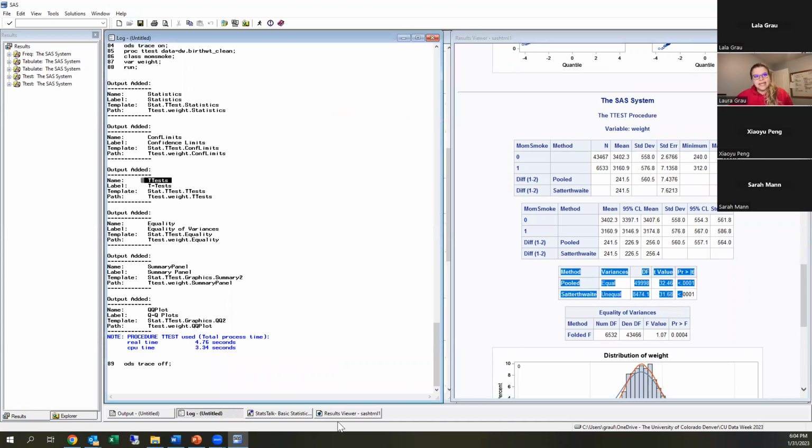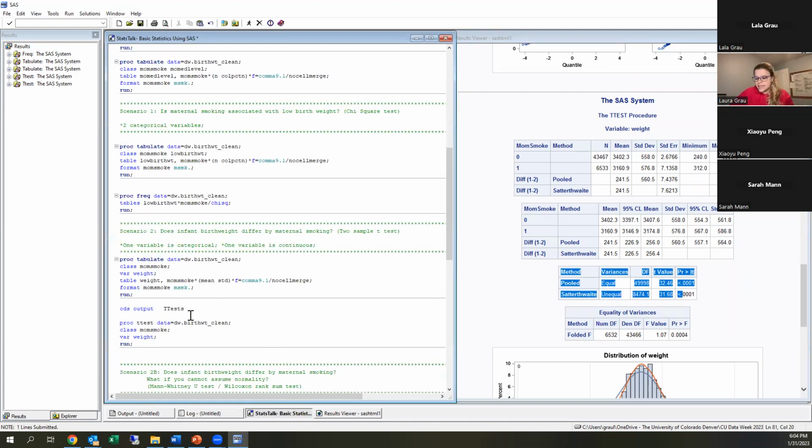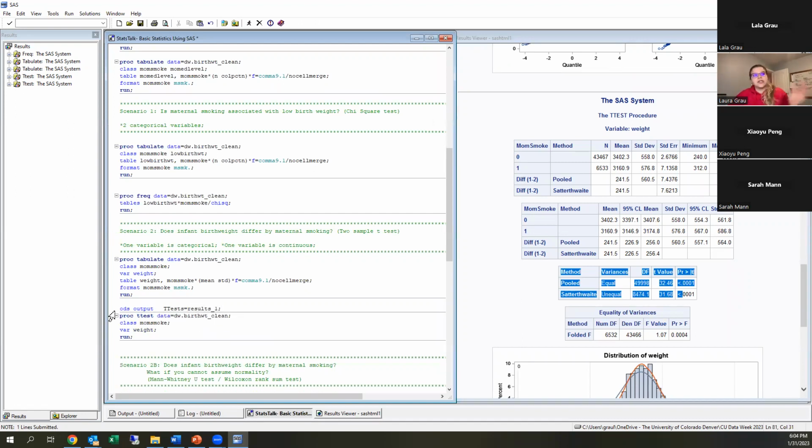I'm going to copy and paste the name of the SAS table in its memory, and create a data set called results 1, for example. So this is saying, hey, SAS, please use the output delivery system to create an output from the t-test table that's called results 1. Then if I rerun all of this together,